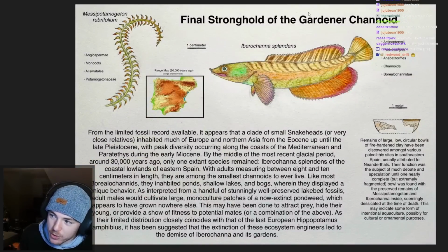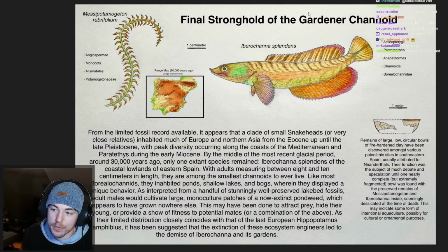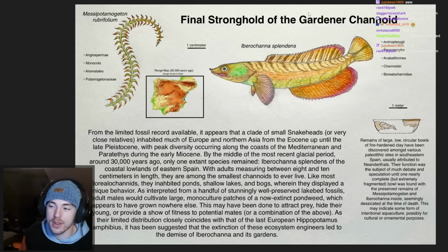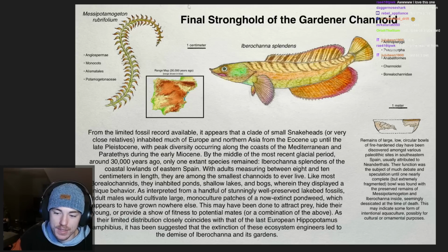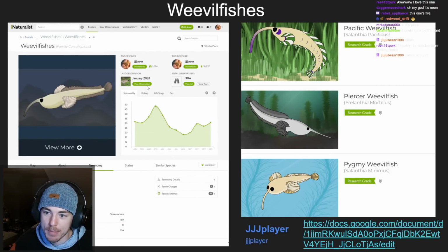Then we've got the final stronghold of the Gardenier Chanoid. I'm just going to call this Chanoid for future reference. This is an extinct fish from 30,000 years ago. Pretty cool, based on some real life stuff, but is not a real life thing. This is by Dynamo Terror. Then we've got the Weevil Fishes, and there's more than I can even show here, submitted by JJJ Player,